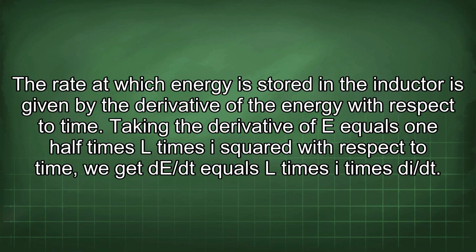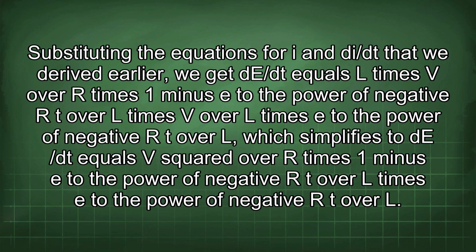The rate at which energy is stored in the inductor is given by the derivative of the energy with respect to time. Taking the derivative of E equals 1/2 times L times I squared with respect to time, we get dE/dt equals L times I times dI/dt. Substituting the equations for I and dI/dt that we derived earlier, we get dE/dt equals L times V over R